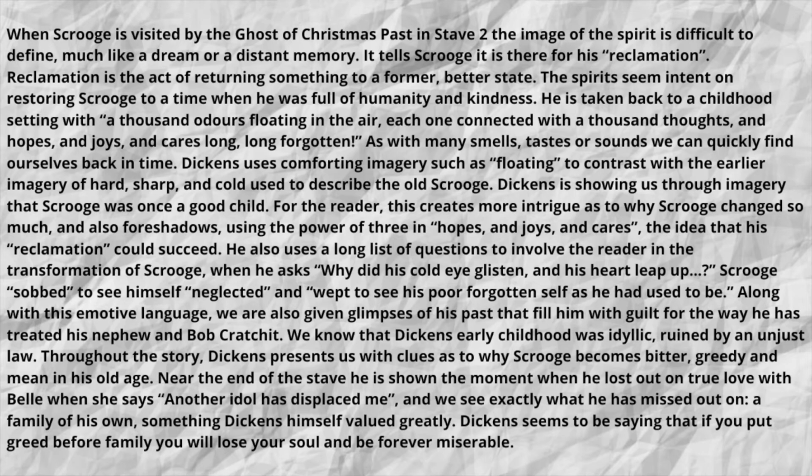Along with this emotive language, we're also given glimpses of his past that fill him with guilt for the way he has treated his nephew and Bob Cratchit. We know that Dickens' early childhood was idyllic, ruined by an unjust law. Throughout the story, Dickens presents us with clues as to why Scrooge becomes bitter, greedy and mean in his old age. Near the end of the stave, he's shown the moment when he lost out on true love with Belle,